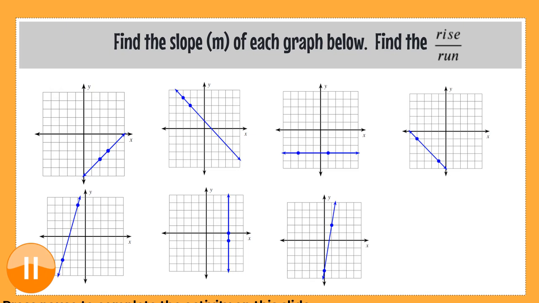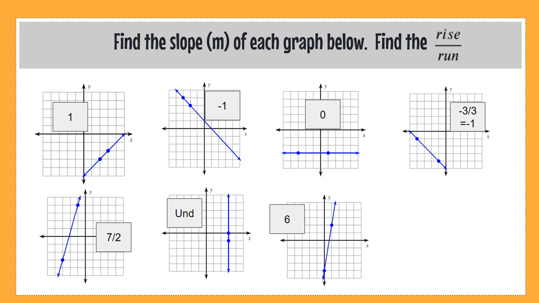All right, let's look at these together. So I've calculated the slope using the rise over the run. Let's look at them together. I'm going from here to here. I'm going to rise 1 and run 1. 1 over 1 is 1. I'm going to fall 1. That's like a negative 1. Remember, down 1 is a negative direction. And I'm going to run 1 right, and so that's a negative 1 over 1. So the slope is negative 1.